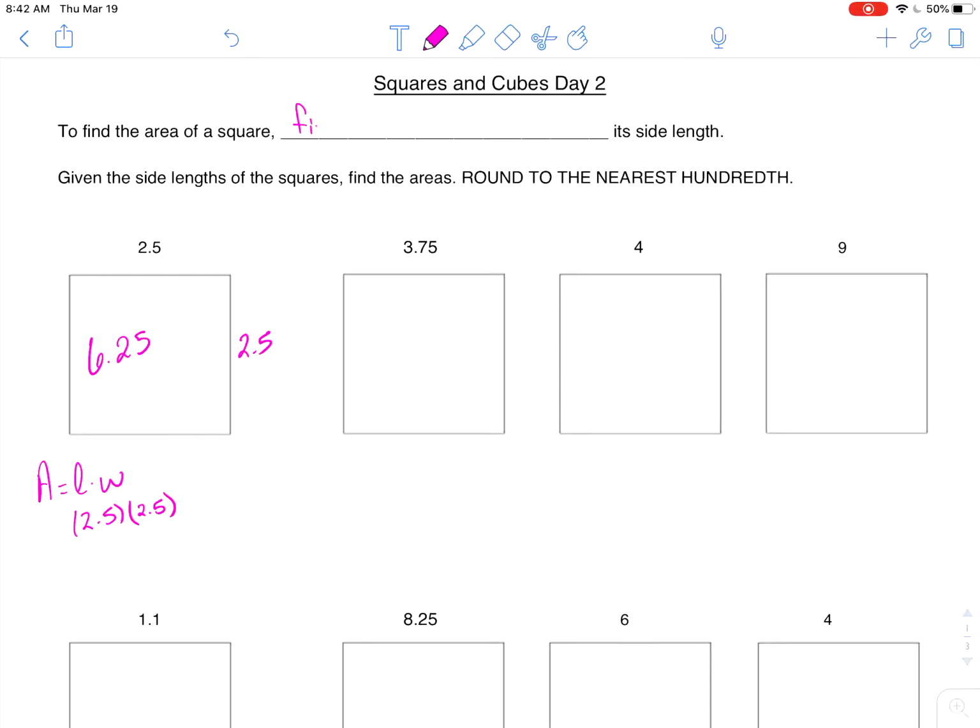So to find the area of a square, find the square of its side length, or square that number. So here we would just take 3.75 squared, or 3.75 times 3.75, to get